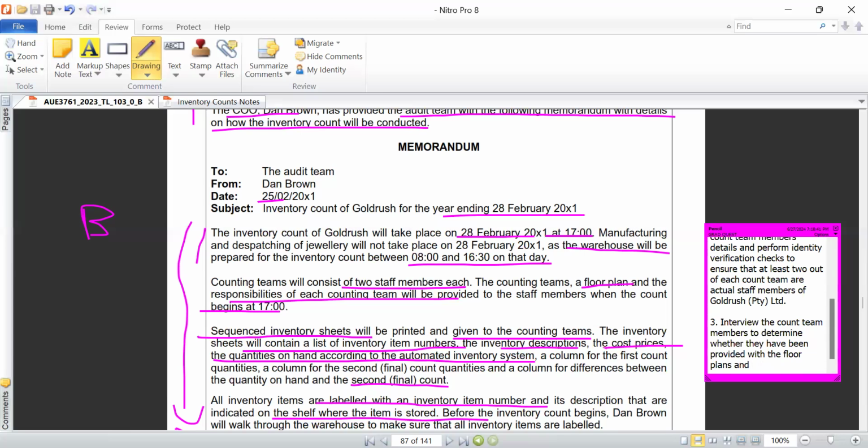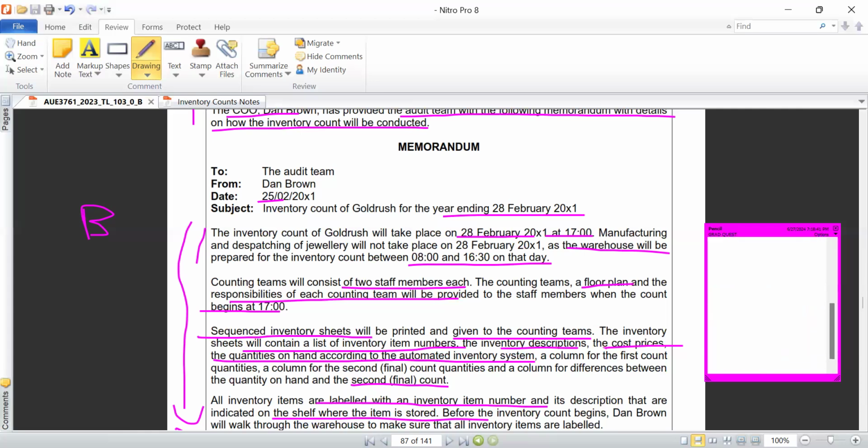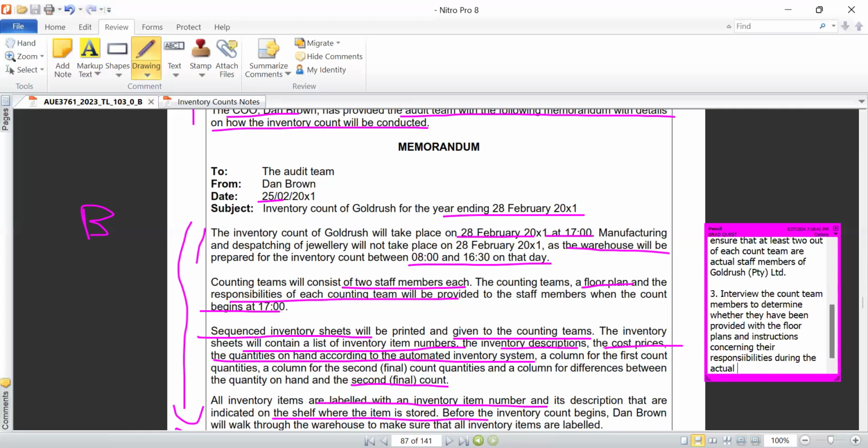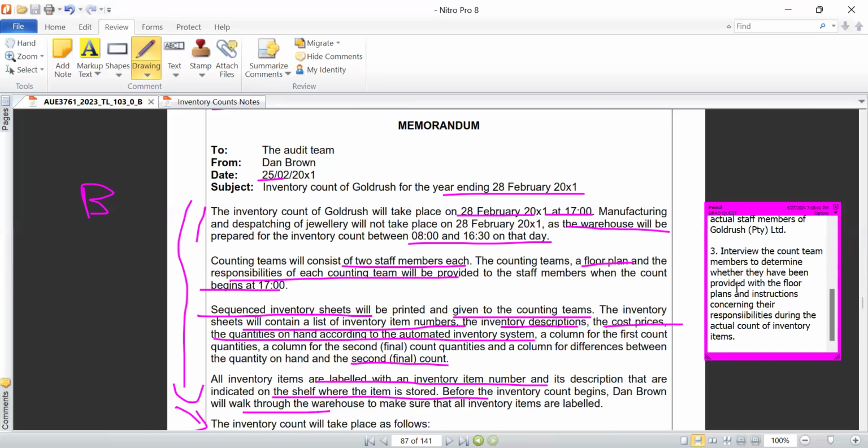and instructions concerning their responsibilities during the actual count of inventory items. Are these things making sense? So you have to interview this guy. Interview the count team members to determine whether they have been provided with the floor plans and instructions concerning their responsibilities during the actual count of inventory items. So we can do that particular